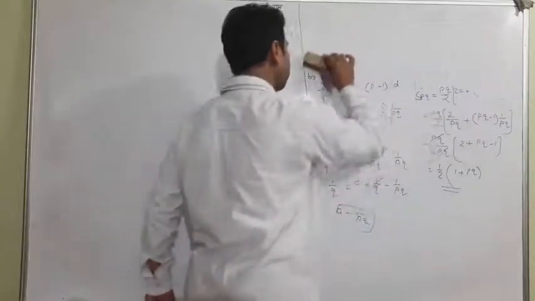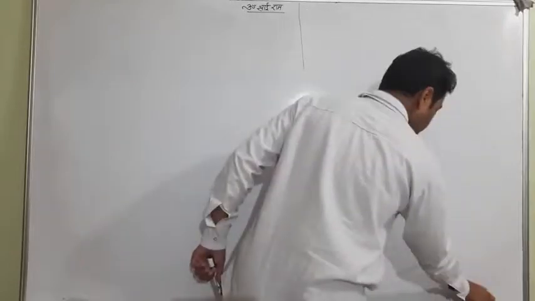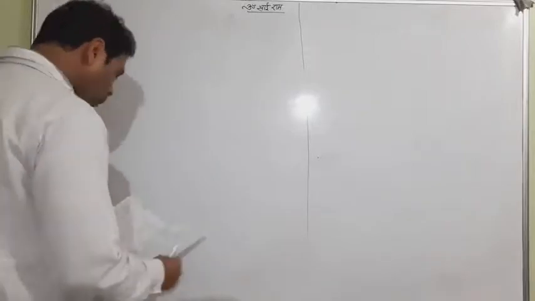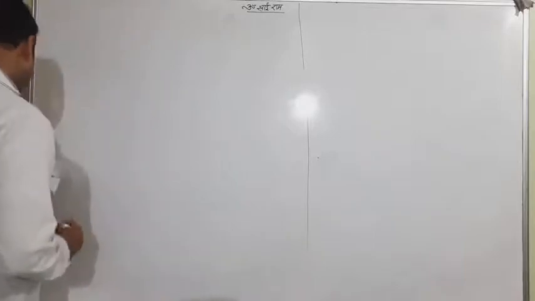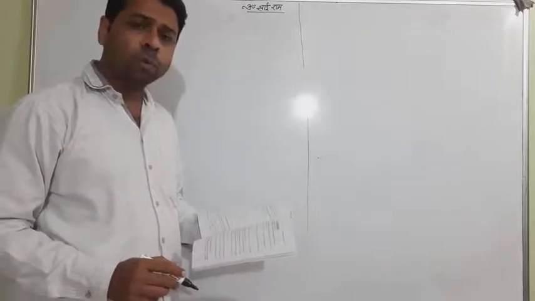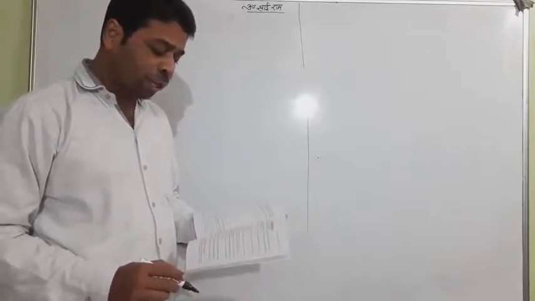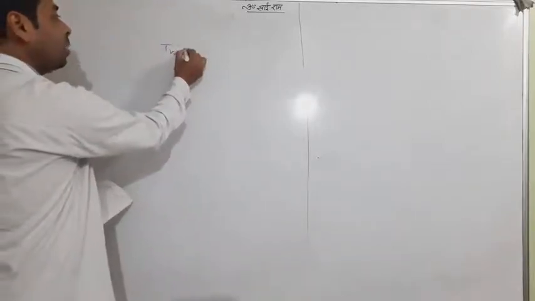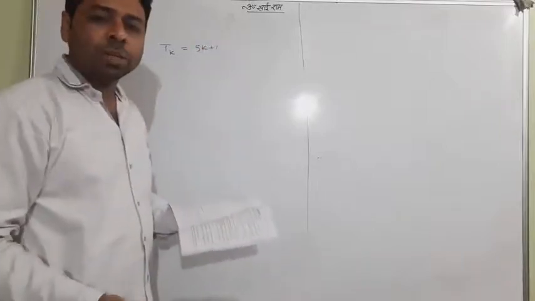Okay, let me rub this question. Now I'll move on to some other question. I want to take question number 8. Sometimes students get confused about the 7th one. The 7th question is very easy, so I just want to tell you verbally. Find the sum of n terms of an AP whose kth term is 5k plus 1. I want to say that the kth term is 5k plus 1.